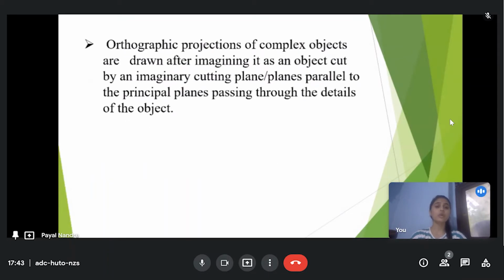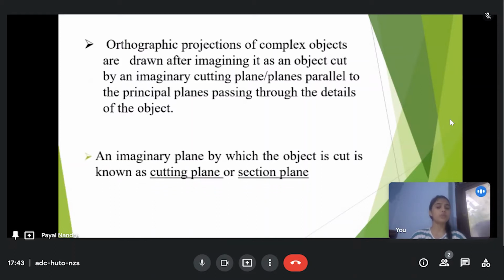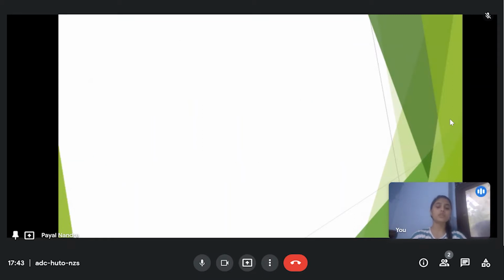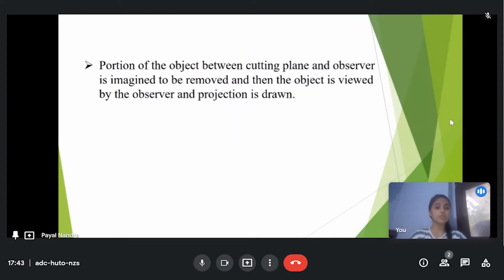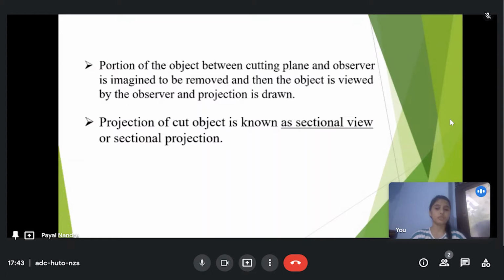Orthographic projections of complex objects are drawn after imagining the object cut by an imaginary cutting plane, or planes parallel to the principal planes, passing through the details of the object. The plane which cuts the object into two or more parts is known as the cutting plane or the section plane. The portion of the object between the cutting plane and the observer is imagined to be removed, and then the object is viewed by the observer and the projection is drawn. Such a projection is known as a sectional view